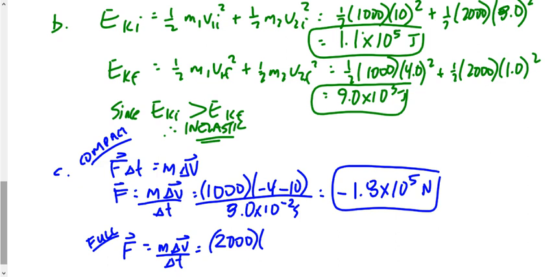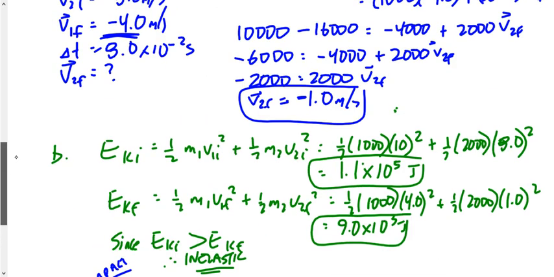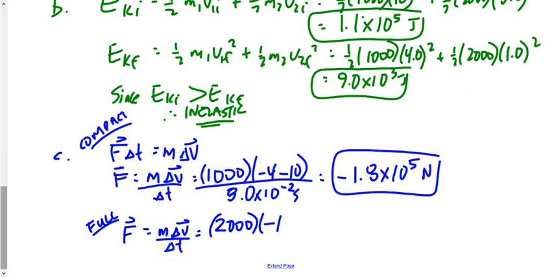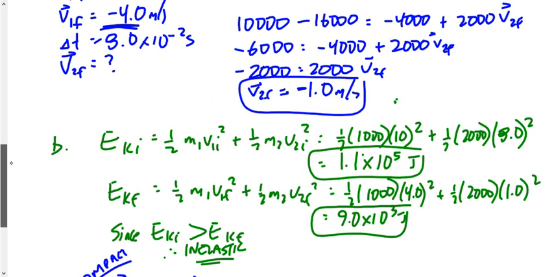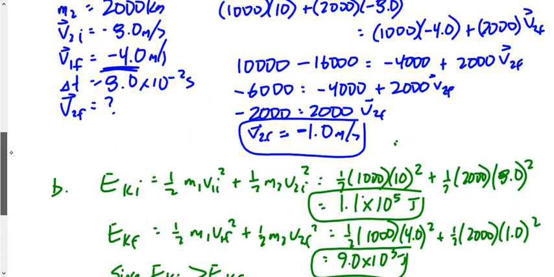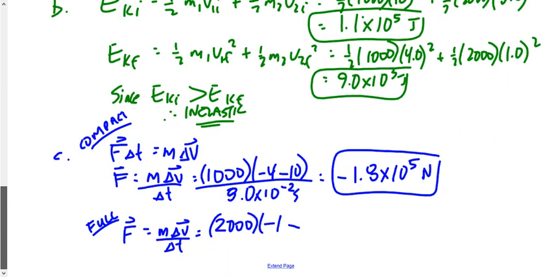2,000 kilograms. The final velocity of the full-size car was, what was it? -1, or 1 to the south. The initial velocity was -8, or 8 to the south. So -1 minus -8 over 8.0 times 10 to the -2. So it becomes 2,000 times -1 plus 8, right? Negative plus. When we do this, it works out to be, would you look at that, 1.8 times 10 to